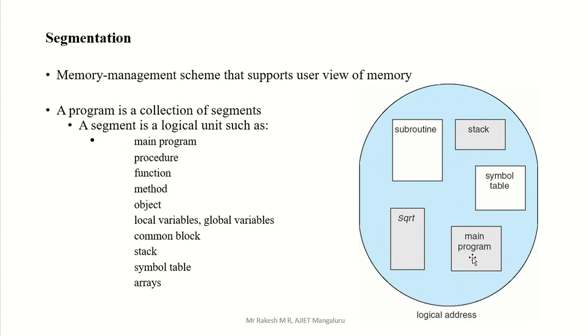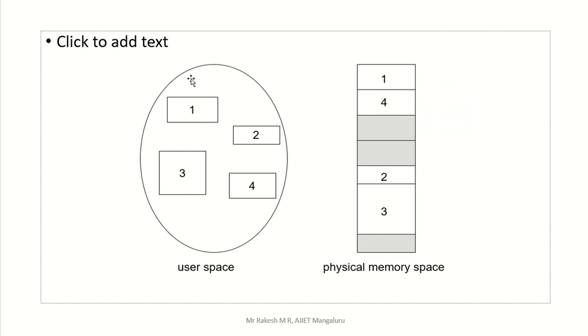Now how to load that in memory? See, here we have your process, divided into 4 segments, 1 2 3 4. Now you have to save those segments in main memory. How to save that? See, 1 is saved in this part, 2 is saved here, 3 is saved here, 4 is saved here. The remaining space is either blank or used by some other process.